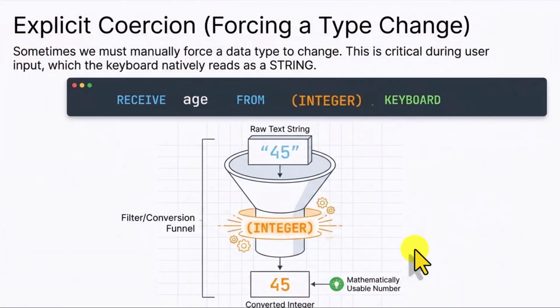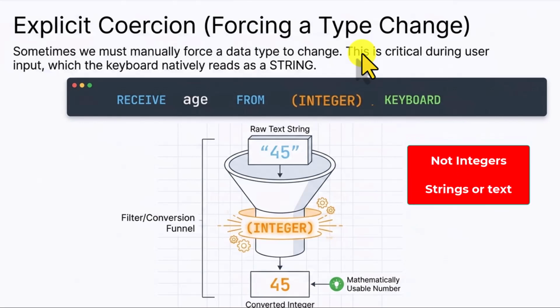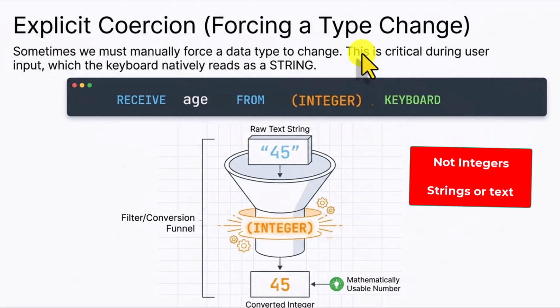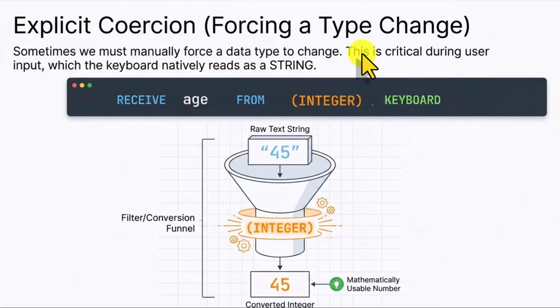Now, explicit coercion, or forcing a type change, is when the programmer tells the computer to change the data type of something. Sometimes we must manually force a data type to change. This is critical during user input. In many programming languages, inputs are always entered into the program as strings, or as text. So if you want to perform mathematical operations on them, you have to change them to